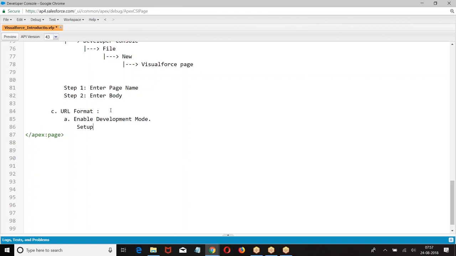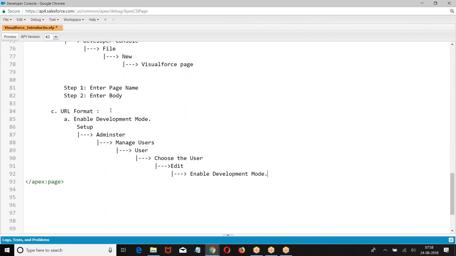How do you enable it? Setup, administer, manage users, user, choose the user, edit, enable development mode. Look at the format, everyone.